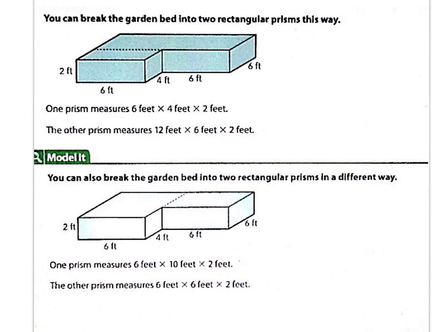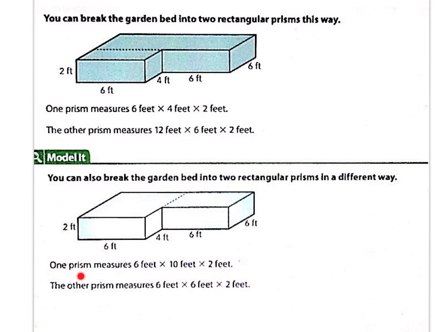Okay, so on the last slide, we looked at breaking this figure up into rectangular prisms this way. But you can also break it another way. And this way, instead of doing the dotted line here, they did the dotted line here. Okay, so if you look down here at this figure, let's see if we can look and understand the different